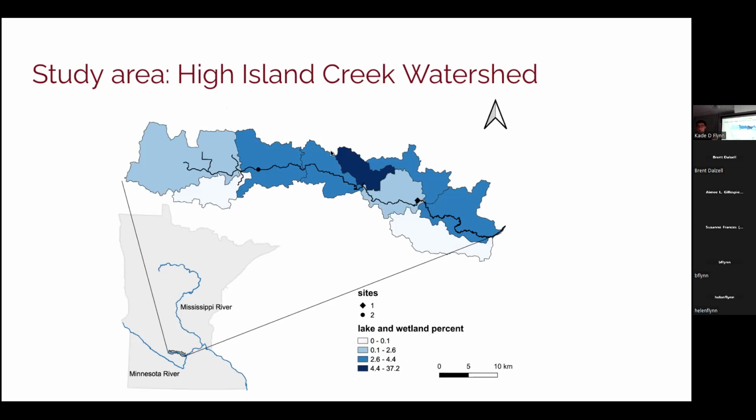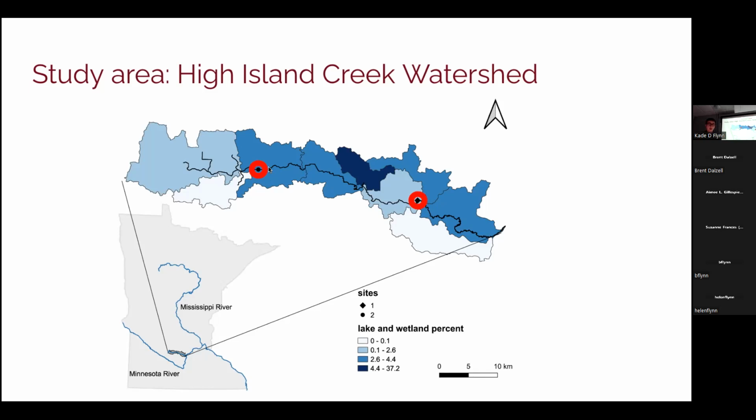We also see this gradient in the percentage of lakes and wetlands. So less lakes and wetlands within the upper reaches of the watershed, more drainage. There's a lot more tile lines that terminate directly into the stream, as well as a lot more very notable artificial ditches compared to the middle reaches of the watershed, which, like I said, have a higher percentage of lakes and wetlands. And we have these two fixed point monitoring stations, one lower down in the watershed, site 1, our downstream gauge, and one further up in the watershed, site 2.